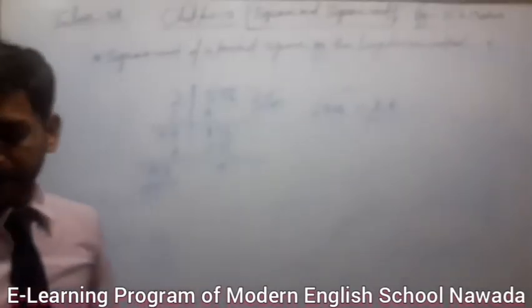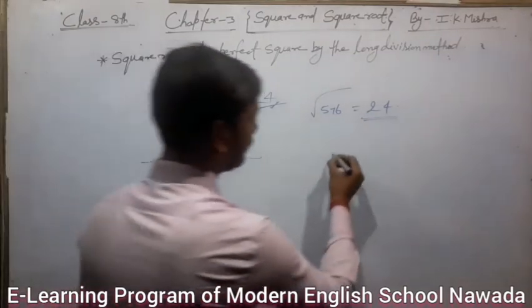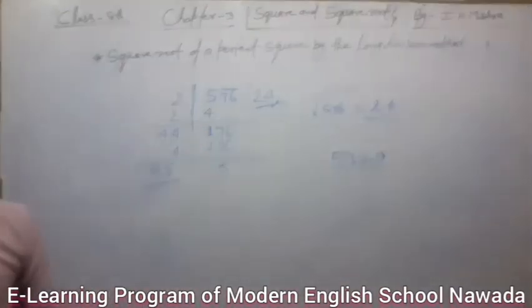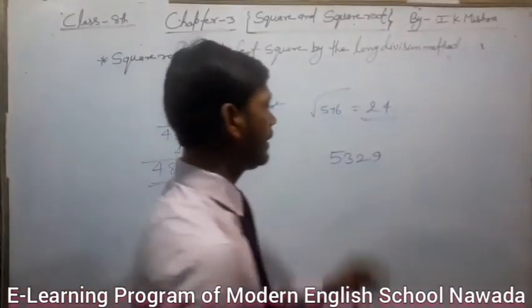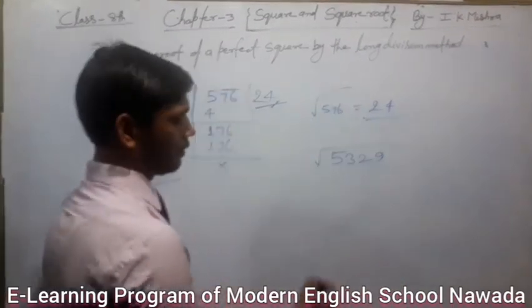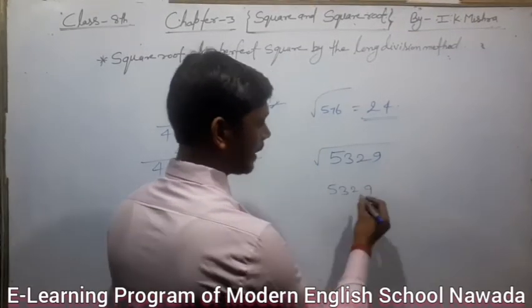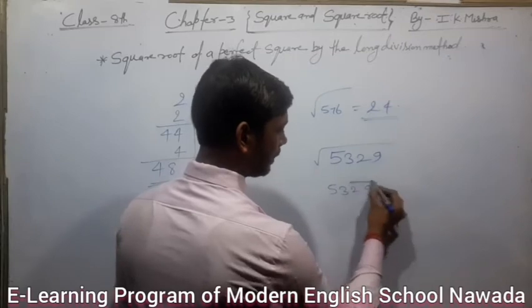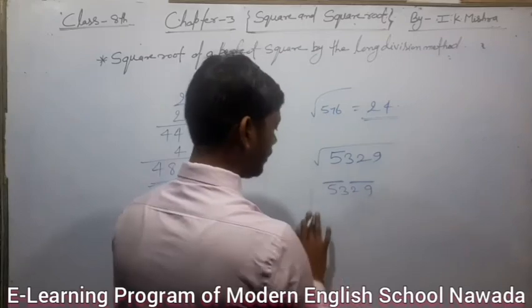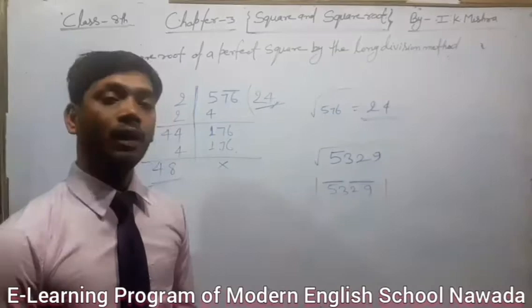Now I write another question, 5329. Here we have to find the square root of this number by the long division method. So first of all, write 5329 and pair the digits collectively in twos. Here two pairs are made. And first divide it. You observe it is divided by 8, is divided by